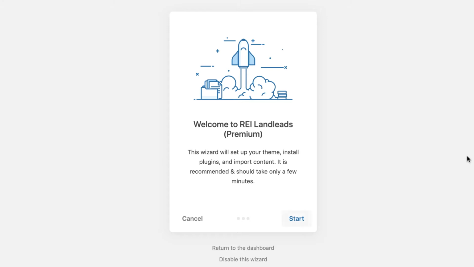And this right here is another one of the huge value adds that you'll get from using this particular theme. Normally whenever you install a new WordPress theme, it's going to require that you do a lot of hunting around to find the right plugins and then install them individually on your website so that your website actually does the right thing. And that's assuming you even know which plugins you're supposed to get. Well, REI Landleads totally understands that, and rather than making you go out and find them all, you can install them all with just a couple mouse clicks. I'll show you how easy and awesome this is. Just go down here and click Start,